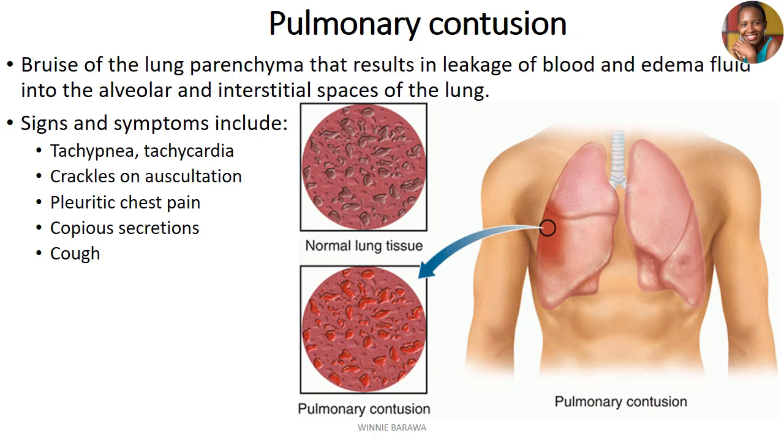Pulmonary contusion is another type of flail chest injury. Pulmonary contusion means a bruise that is happening on the lung tissue or lung parenchyma. And if you look at a bruise, we mean this is a mild injury that is occurring from the internal part of the tissue, and it looks like a bruise. If you've been able to observe a bruise even on the skin, most of the time it looks inflamed, it looks reddish, it looks like there's tenderness on it, and that's the same state a pulmonary contusion will